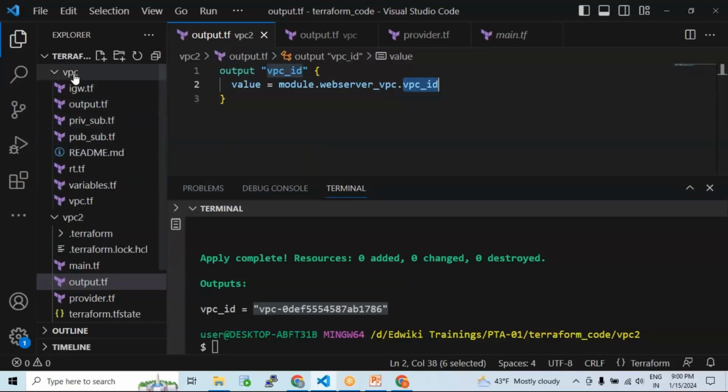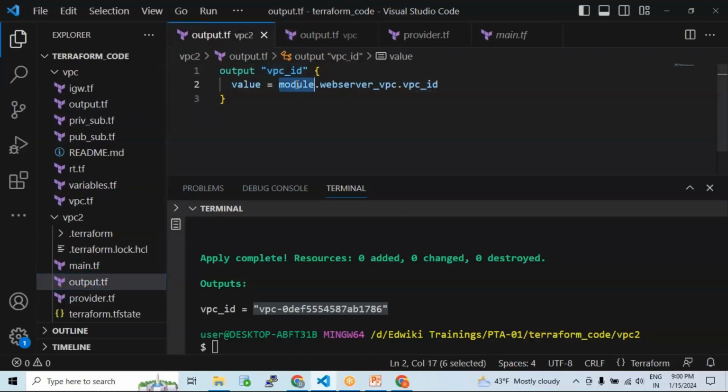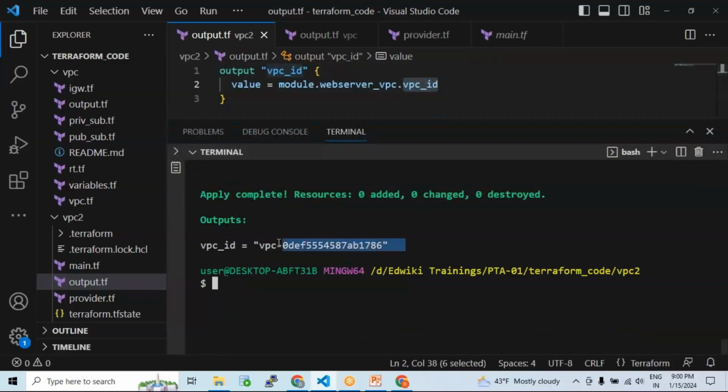If you go to the module code, within the module, if you go to output.tf, you see vpc_id is the one which I said to be exported. So you just need to reference this particular output variable on your user side. So the module name dot the variable that is exported from the module itself, and that's it. Now you can see that it is actually printing that particular thing. Are we good with this now? Since it is currently in a working state,